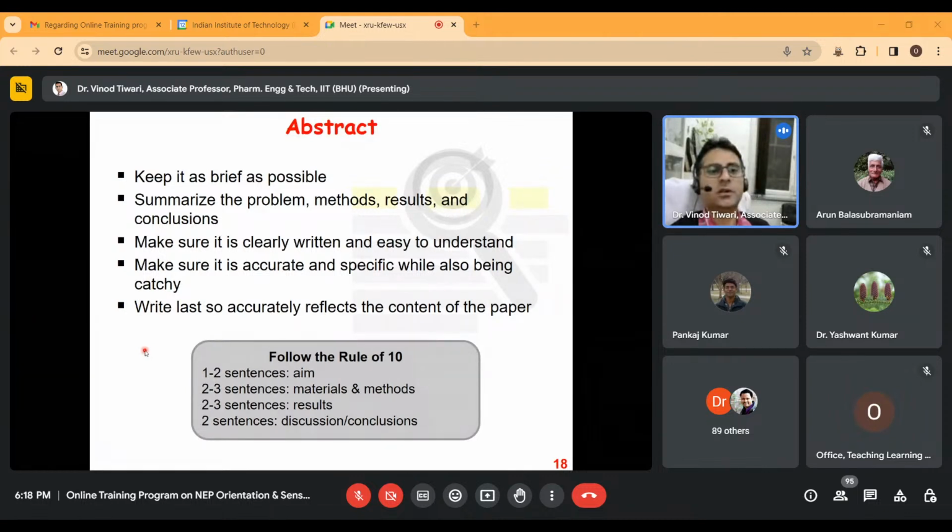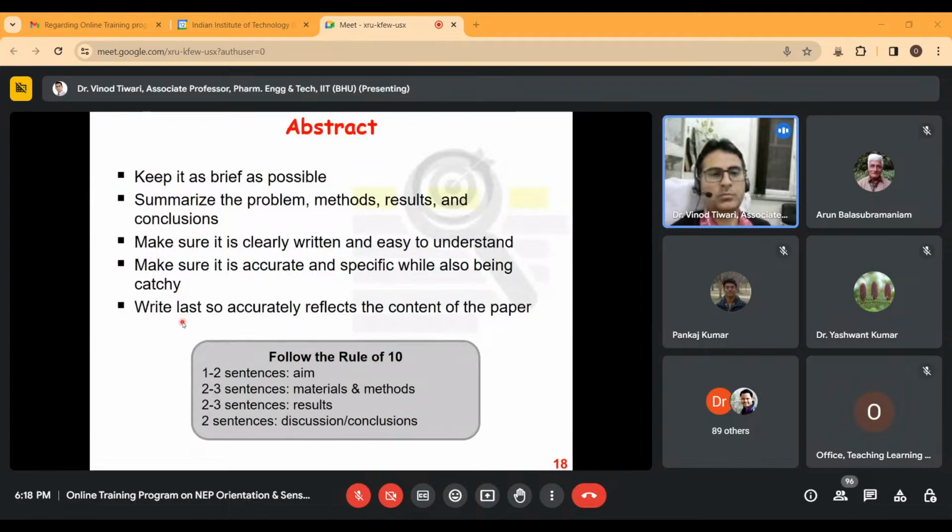Otherwise, it will make your abstract redundant. And make sure that it is accurate and specific. You don't have to claim anything which is beyond your findings. And while also it has to be catchy, so that all readers can feel motivated to go into the full